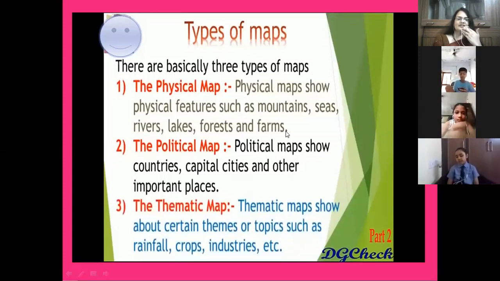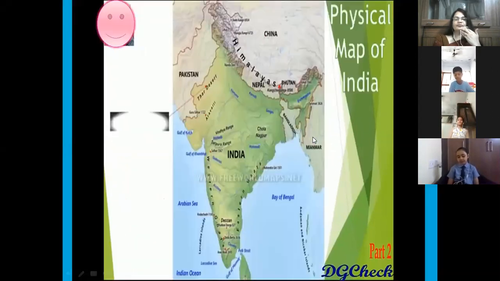Now we'll study in detail about India's physical features. So, the map of India. Physical features, you know, give an explanation about mountains, rivers, plains, plateaus. So we'll know about what India has. We have studied in the last chapter about